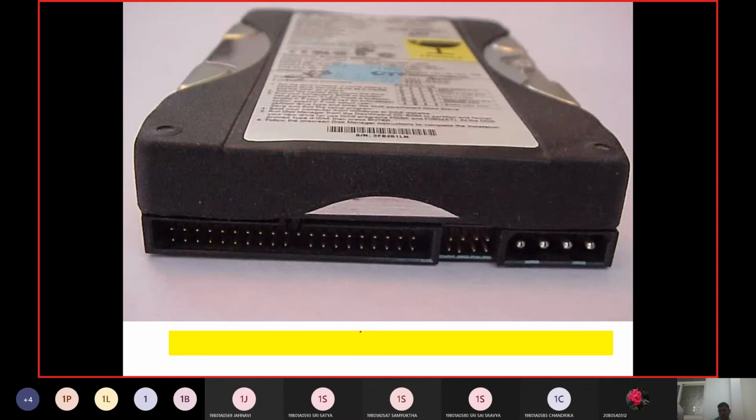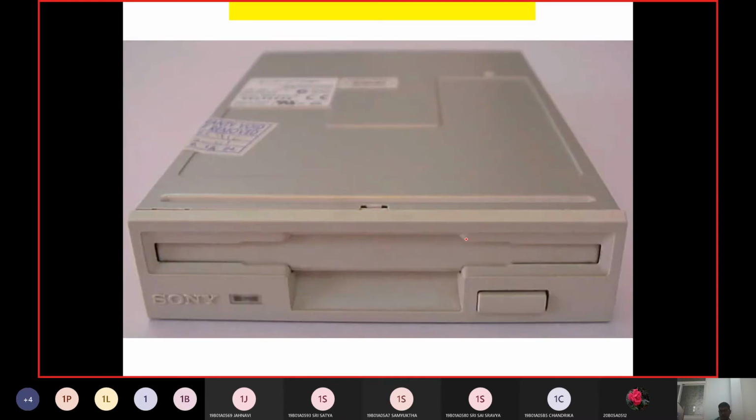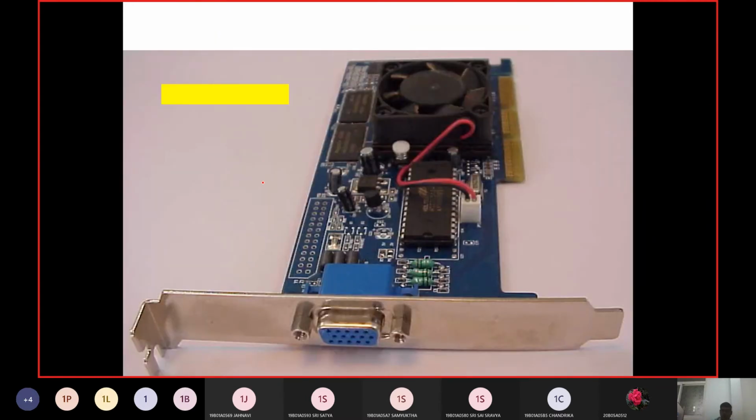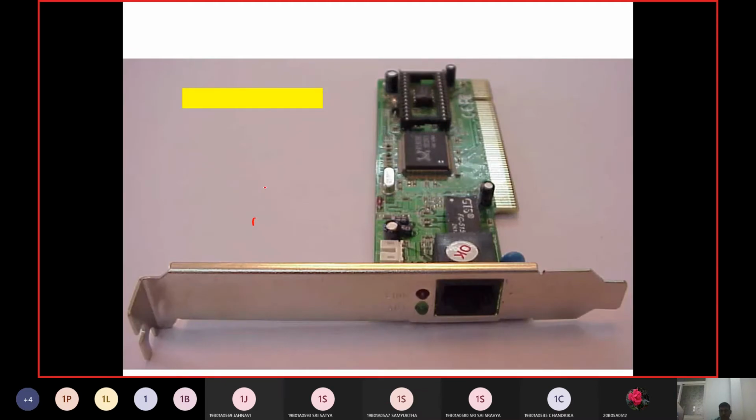Then we are going to have the hard disk here, and this hard disk has some 500 GB capacity or 1 terabyte capacity. So you can see this picture of the hard disk. Similarly, we are going to have a floppy disk. Then we have a CD-ROM drive. Then we are going to have the AGP, that is the graphic card port. Then we are going to have the LAN port or LAN sockets here.